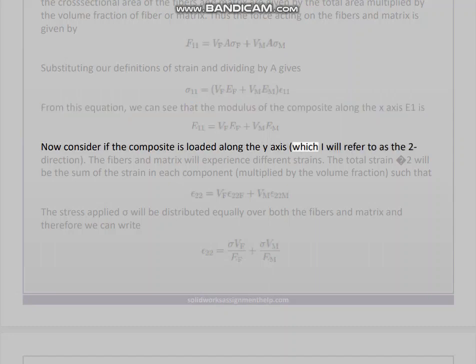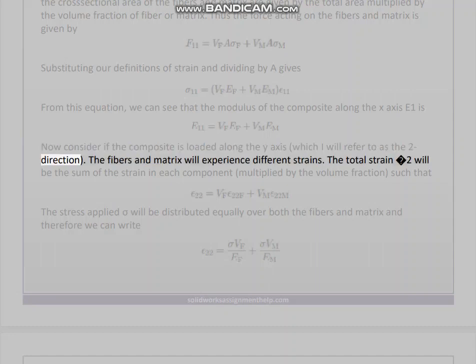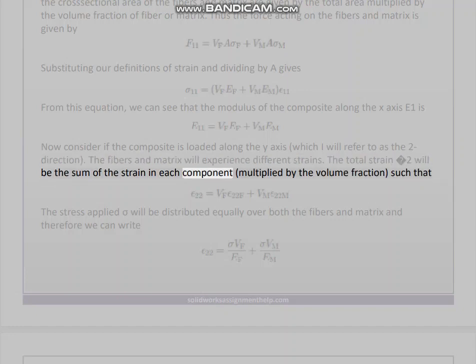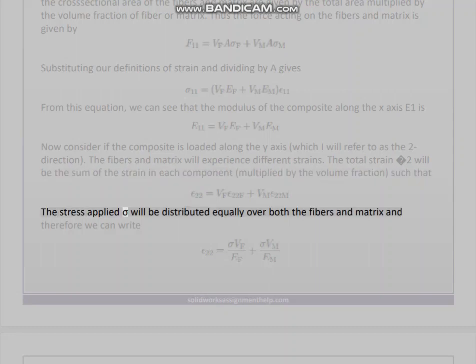Now consider if the composite is loaded along the y-axis, which I will refer to as the 2 direction. The fibers and matrix will experience different strains. The total strain epsilon 2 will be the sum of the strain in each component, multiplied by the volume fraction, such that the stress applied sigma will be distributed equally over both the fibers and matrix, and therefore we can write